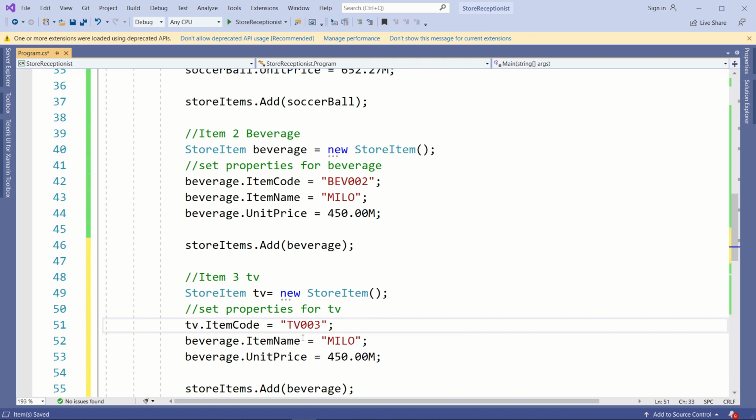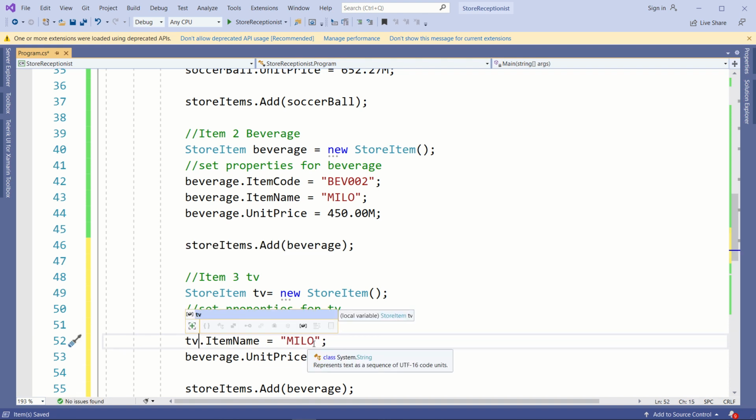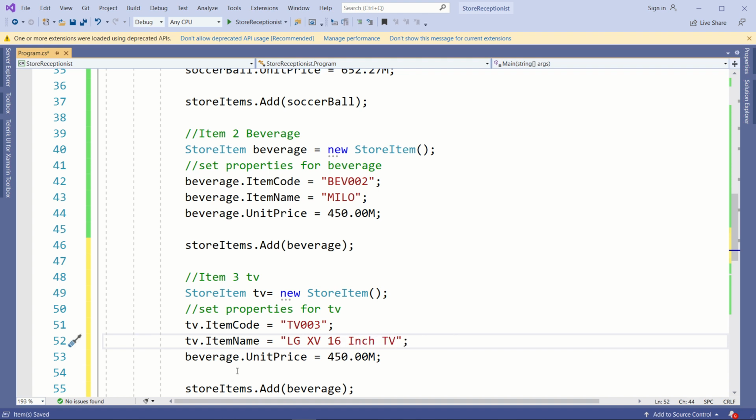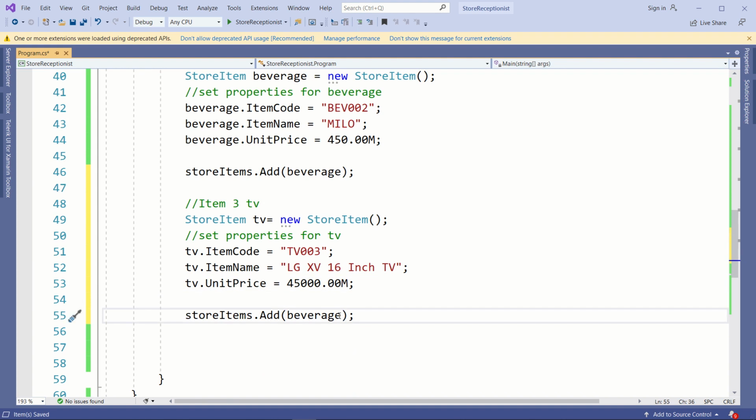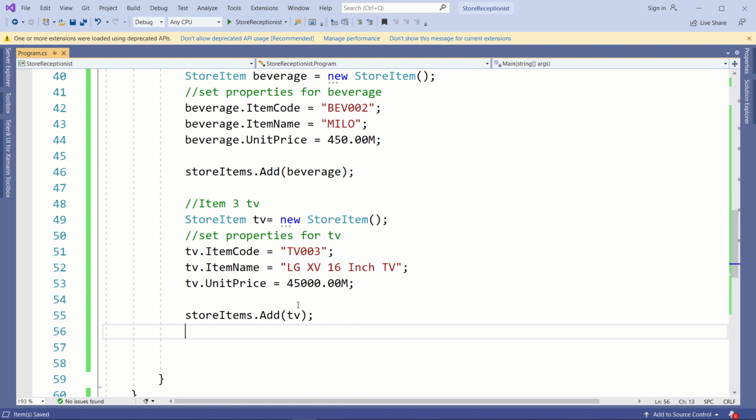So TV dot item name is equal to LG XP 16-inch TV. TV dot unit price is equal to 45,000. Store items dot add. What are you going to add now? TV. So you now have